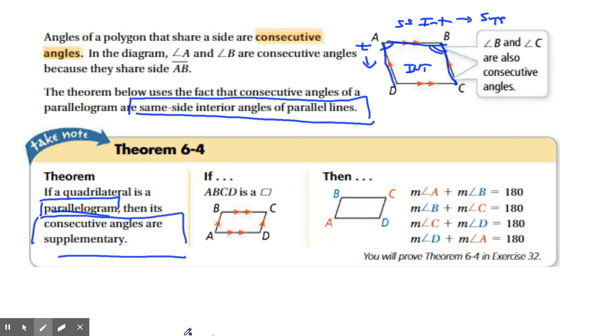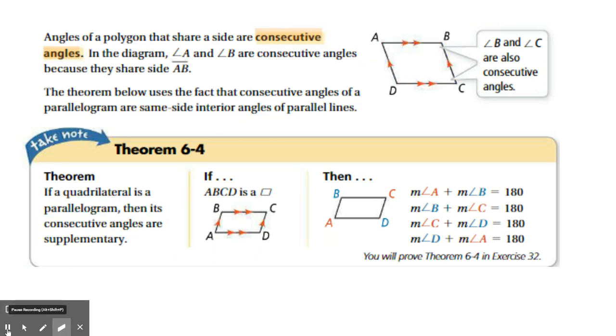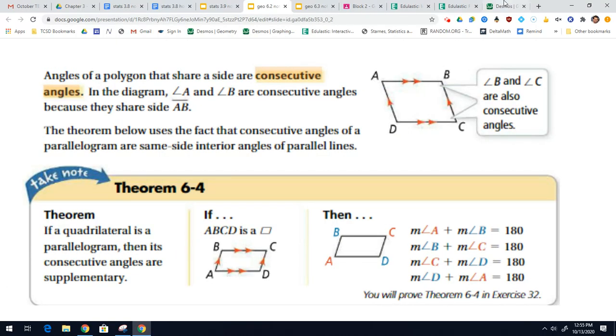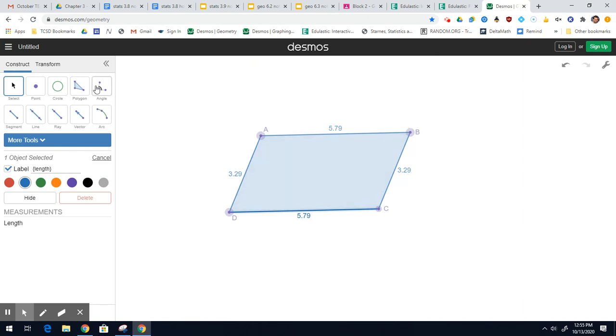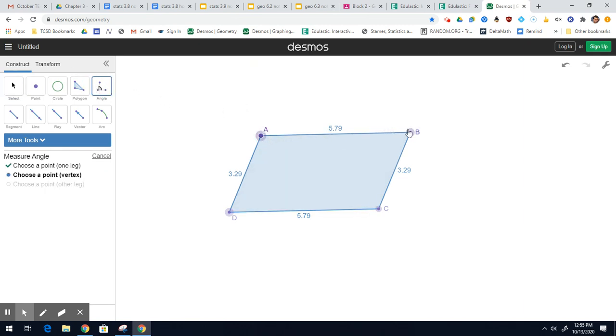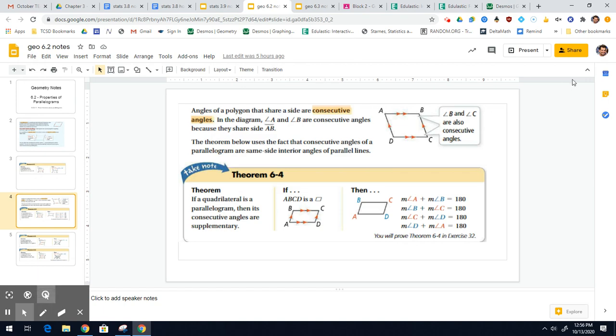4 pairs. Let's take a look at this in Desmos geometry just to verify. So I'm going to measure all my angles. So let's measure A, B, C, and then B, C, D. 67, 113, they add up to 180. CDA, 67, DAB, 113. So again, each pair of consecutive angles is supplementary. All right,